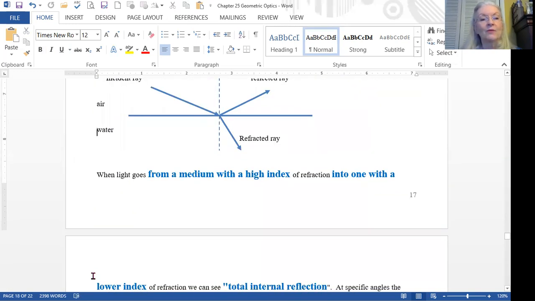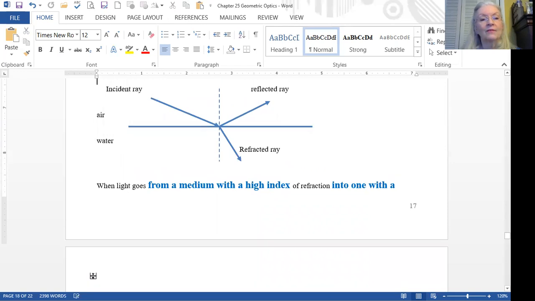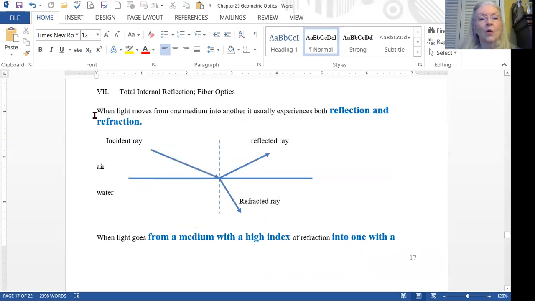So with fiber optics, we have light moving from one medium into another. It would undergo both reflection and refraction at the interface, at the place where the two mediums meet each other. So if we start out in this top material, the light ray comes, hits the surface and bounces off. That's the reflected ray. But if both materials are transparent, the light would come from the top surface, and at least some of it would travel through into the second, which in this case I'm calling water,